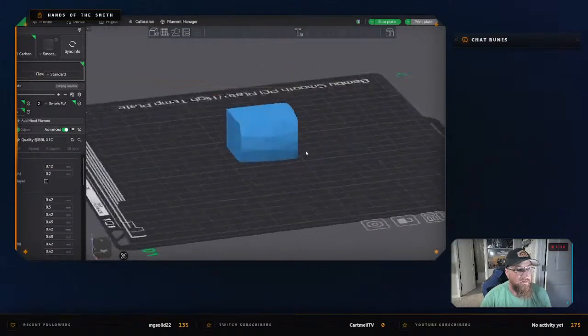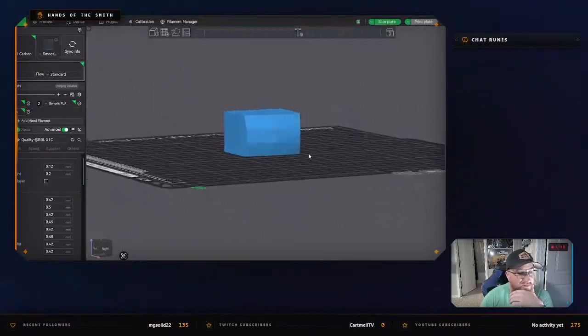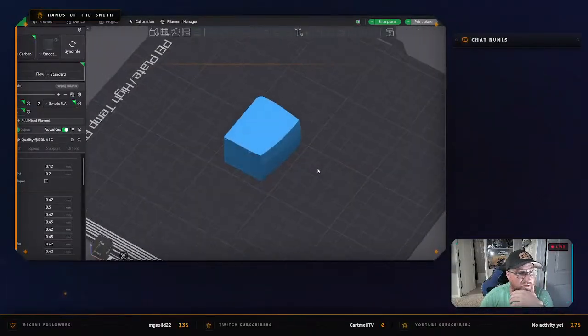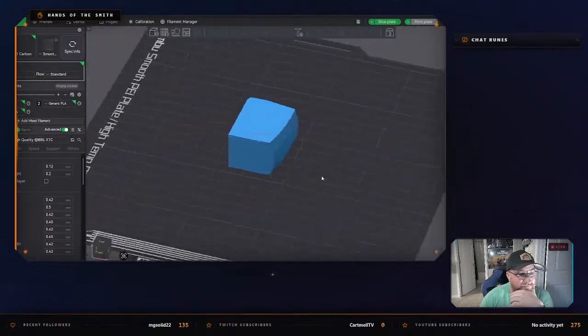Cool. So there is a very low resolution cab, which, in all honesty, I'm not mad about,